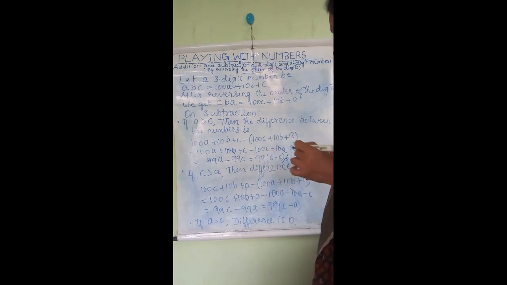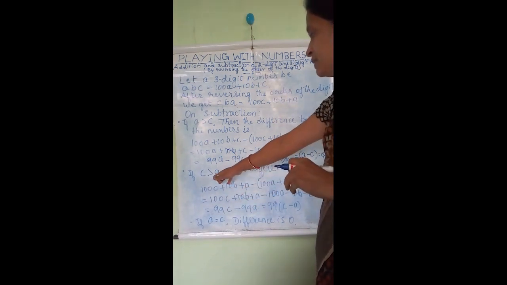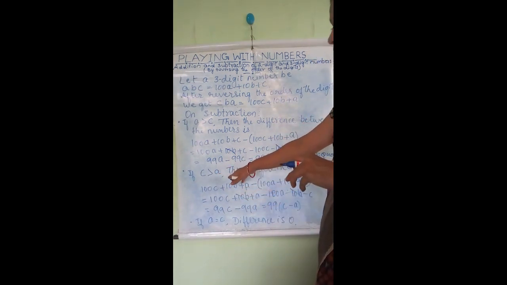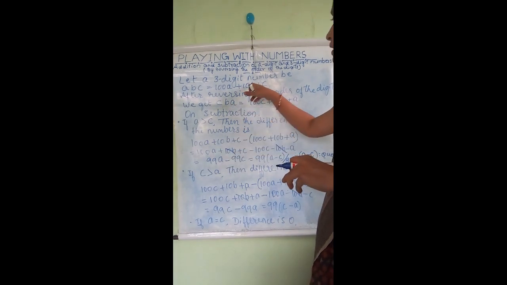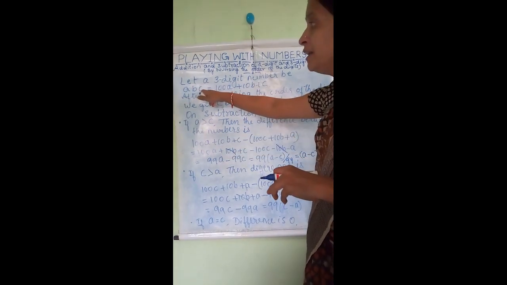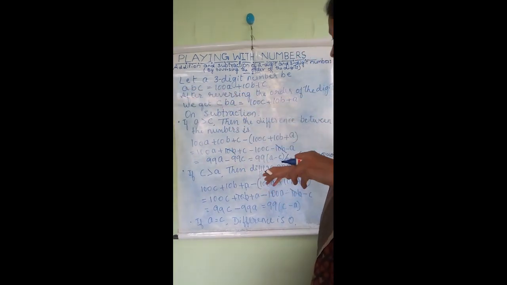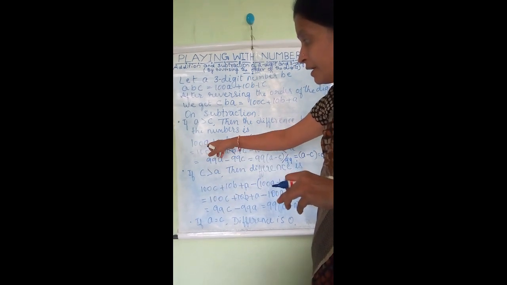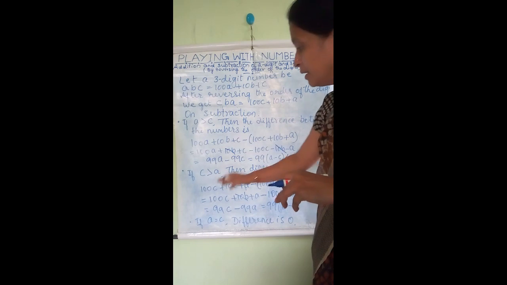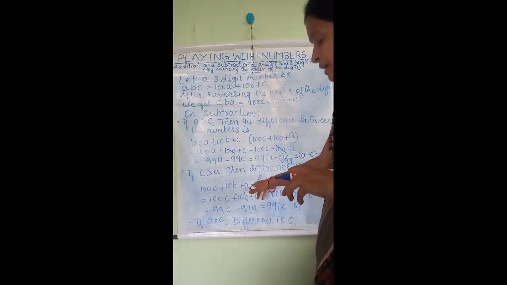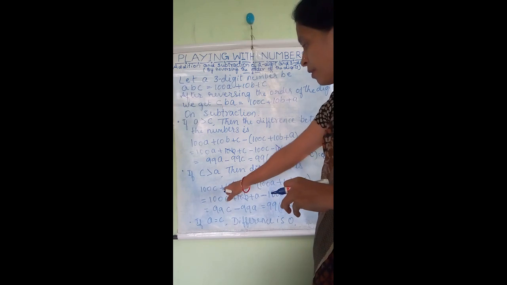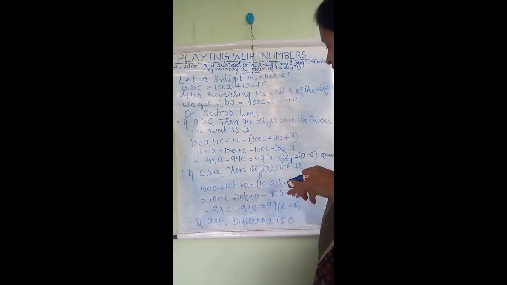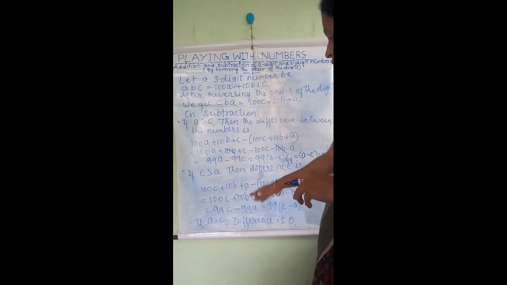While solving the problems you will come to know what this A minus C is. Next, once again, the second case is if C is greater than A in the 3-digit number ABC. What do you have to do? Then the difference is 100C first. Here you had taken 100A, 10B, C; here you have to take 100C, 10B plus A, with A coming last. Then from that you have to subtract 100A plus 10B plus C. Same method you have to follow.